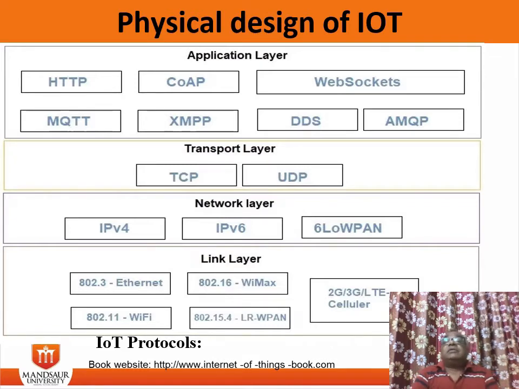This network layer is responsible for sending IP datagrams from the source network to the destination network, and it performs host addressing and packet routing. So we use IPv4 and IPv6 for host identification, and IPv4 and IPv6 are hierarchical IP addressing schemes. An IPv4 address, an Internet Protocol address, is a numerical label assigned to each device connected to a computer network that uses the Internet Protocol for communication. This IP address has two main functions.